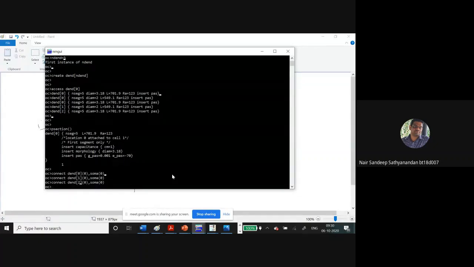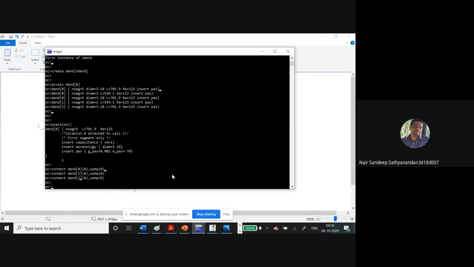Okay, I think we are already getting late. All these things, because I am showing you individually, because that will be easier to understand. These commands we are doing are repetitive things, so we can use them in a for loop and then execute these commands, so that we will see later. So the dendrites are created. So it is connected to the soma as well.